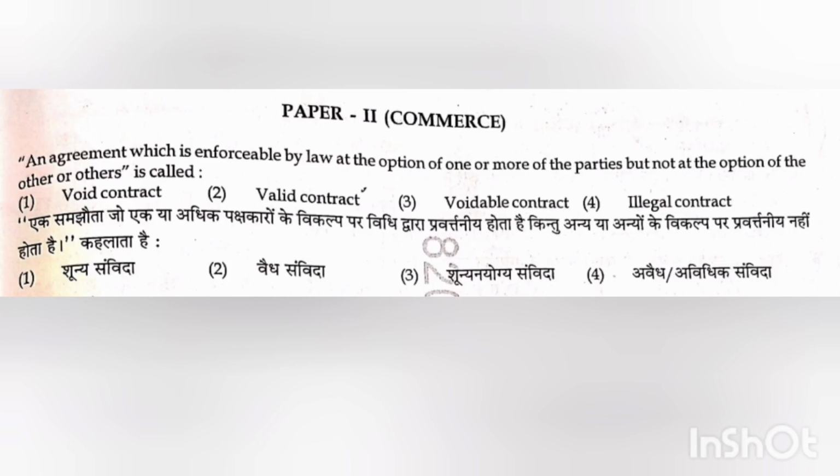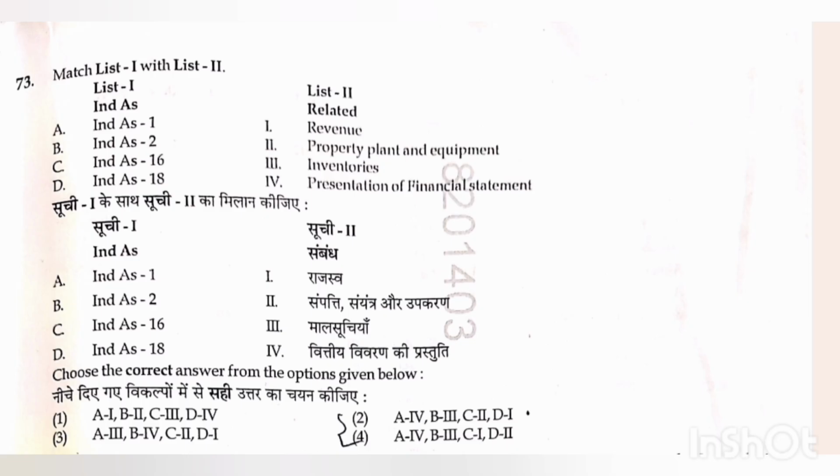तो चलिए शुरू करते हैं यूजीसी नेट जून 2024 कॉमर्स का पेपर सॉल्यूशन. So the question is about matching Indian AS with related Indian AS list. So answer is